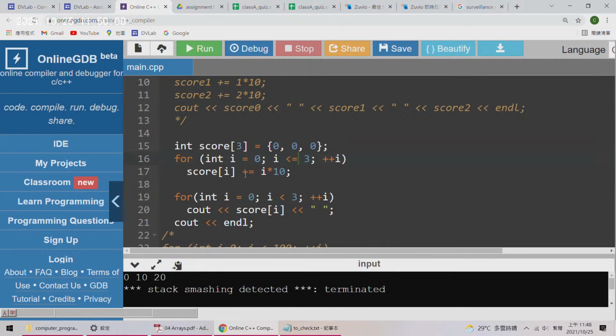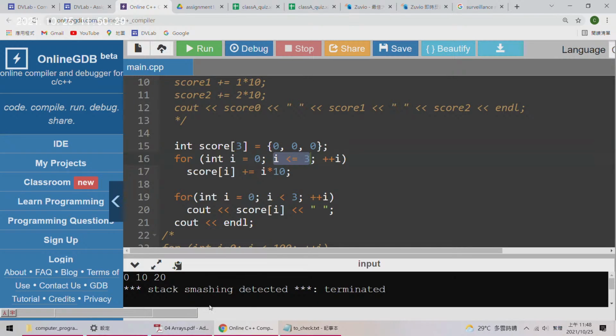And again, it is legal to write this expression, but when you run the program, you will